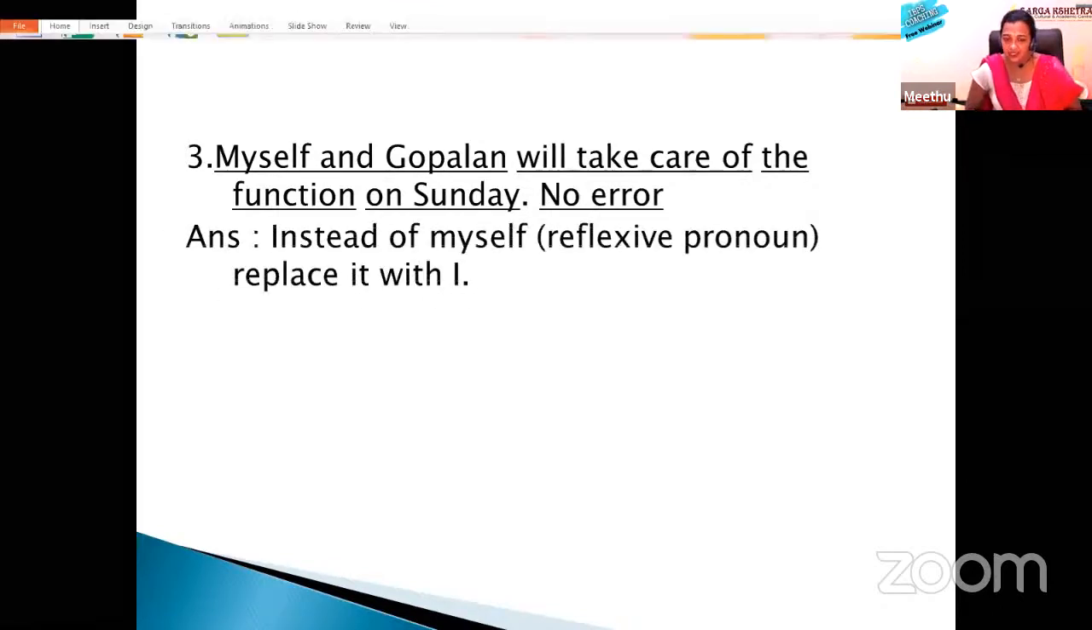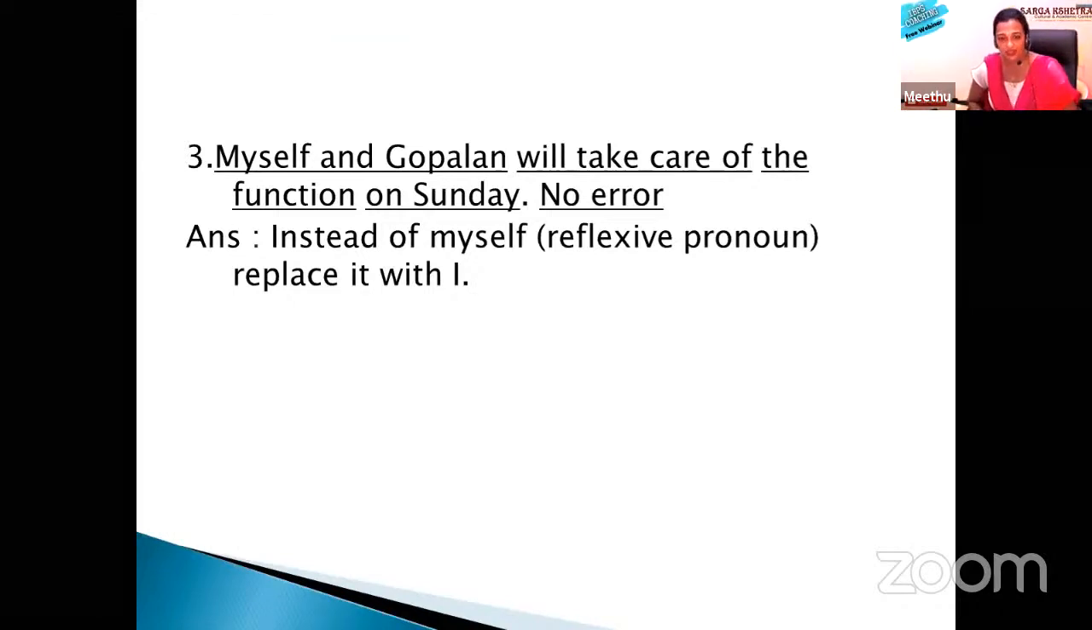The right answer is, instead of myself, replace it with I. That's the first person, I. I and Gopalan will take care of the function on Sunday. No need to emphasize myself, because the reflexive pronoun is a part of different types of pronouns which is used to